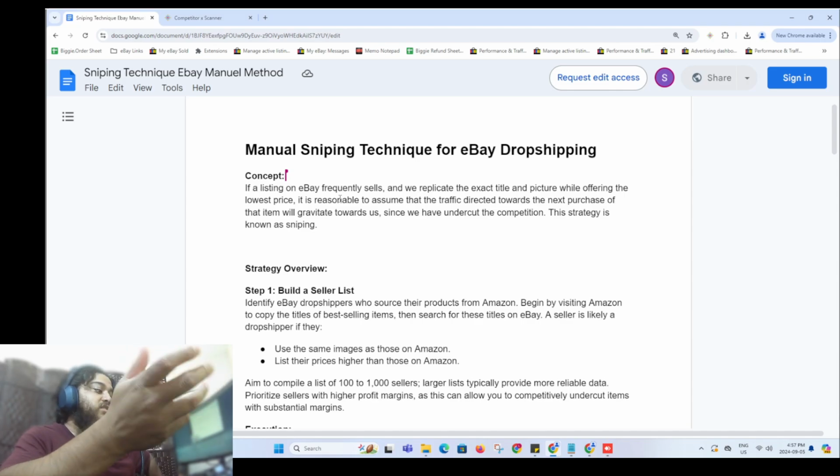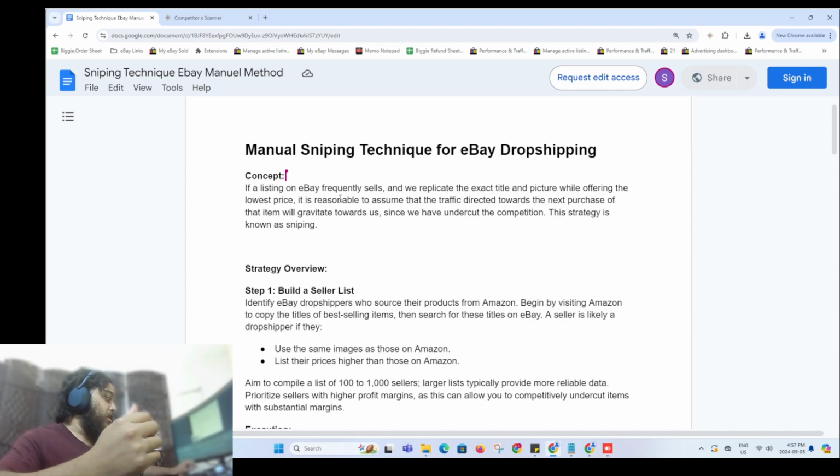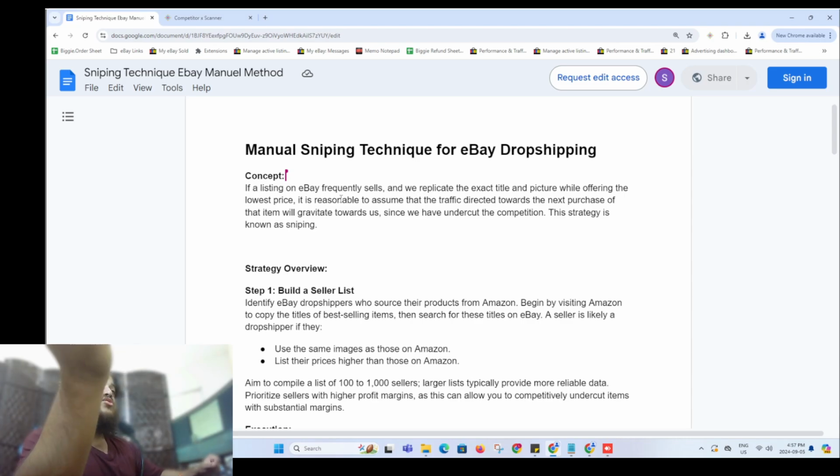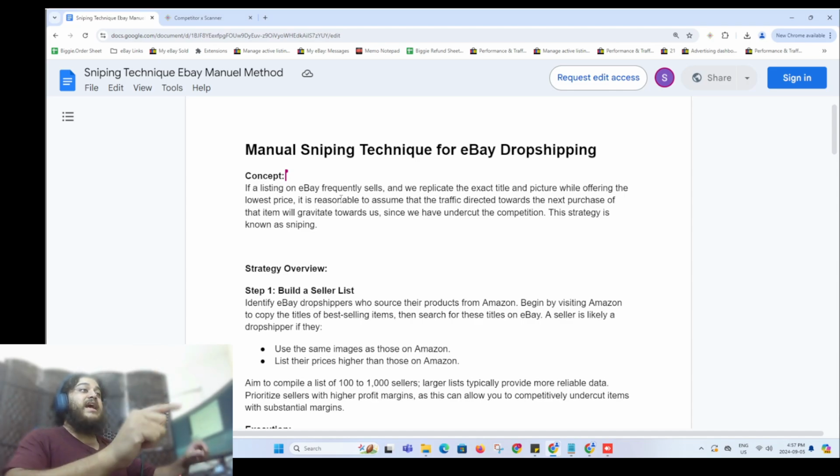If you know that you're selling, let's say, this wallet on eBay, and it's selling for $39.99 and it's sold 100 times, and we copy the same exact picture, the same price, and the same title, that means the traffic that's already going to that listing is also going to be shared with you. The next person thinking about buying it is also going to see your item because you made an exact duplicate of that listing. Those two items are going to be shown to the customer, and because you have a lower price,